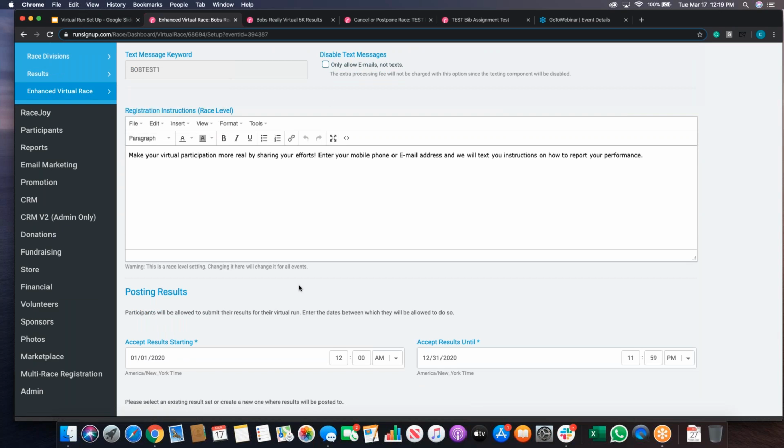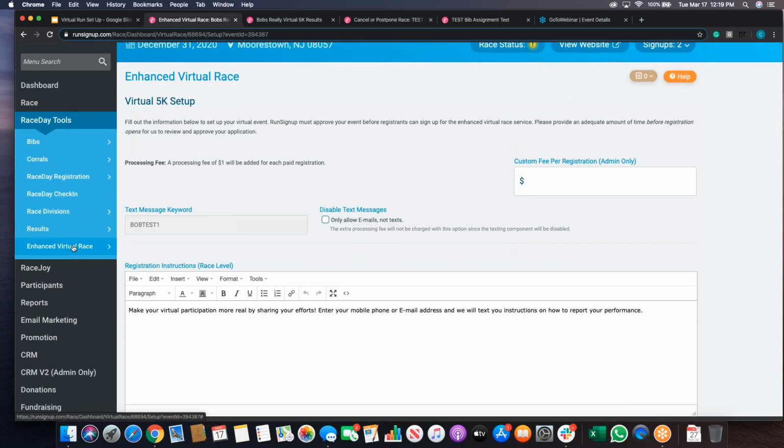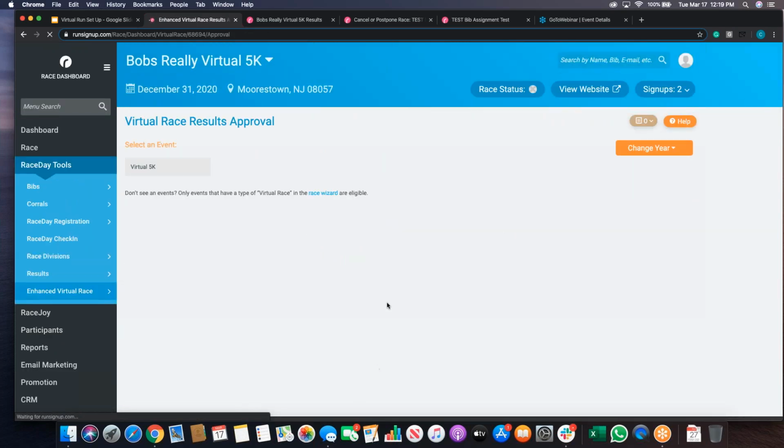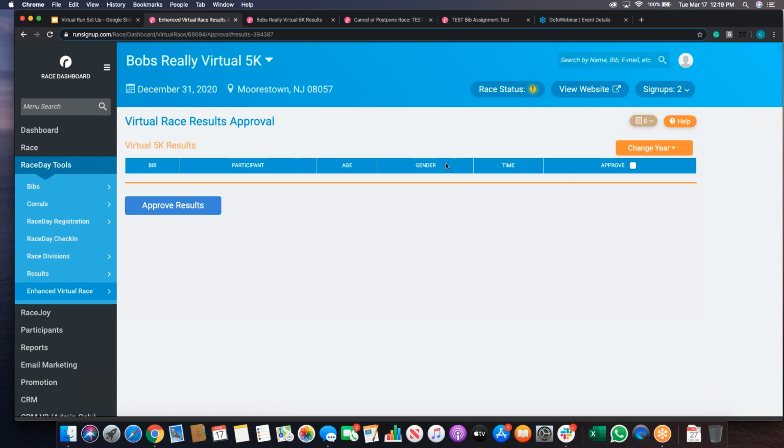If you do have the approval of results turned on, you will need to go in periodically to approve your results, and you would select your event. It would give you the bib, person, information, time, and you can approve everybody or you can approve each one and then approve the results. Once you do that,